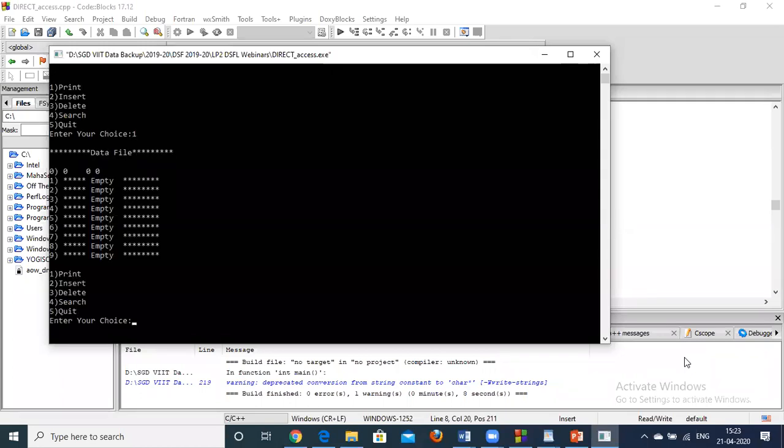I will print the empty hash table. This is the empty table which is present initially.